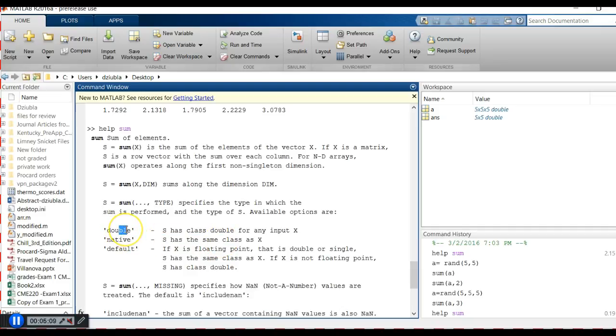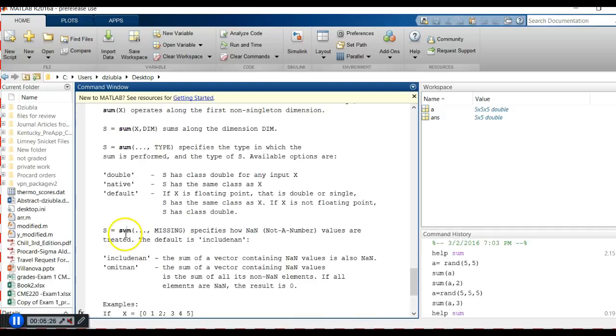This is just the typing here. They're giving you examples of type tick and sum. Double is a classic double for any array, so this just changes if you're going to have a floating point number, a double number, and an integer. If you have different kinds of mathematical constructs, you can change it here. And then